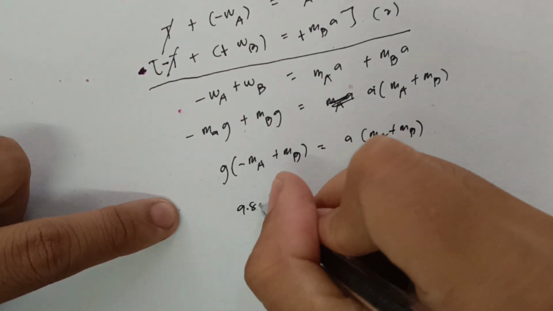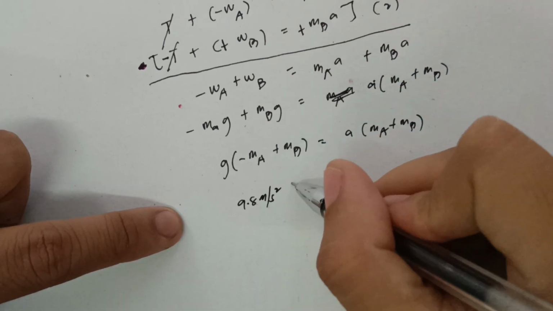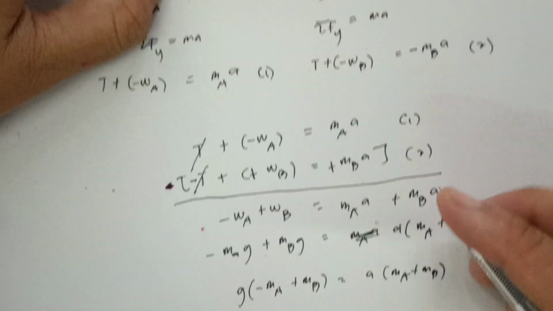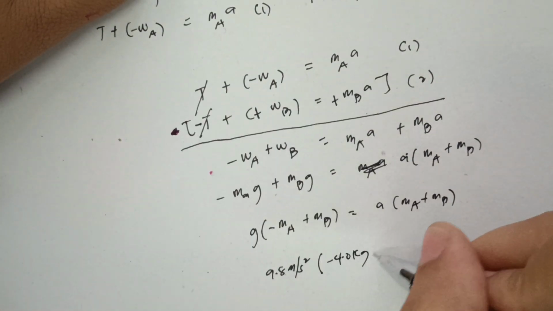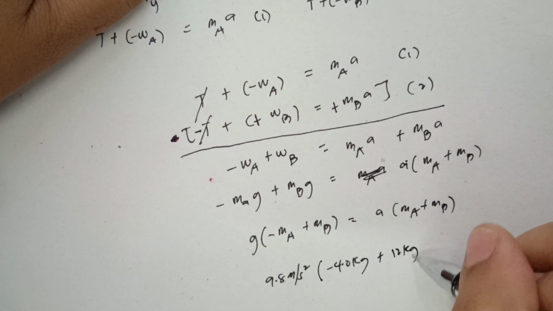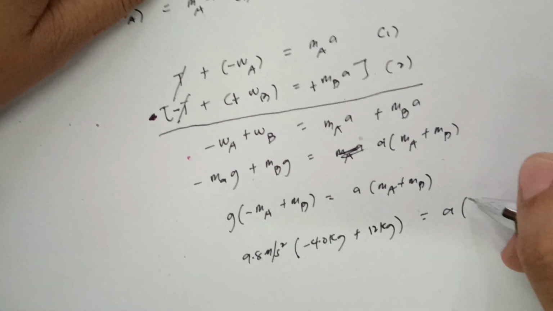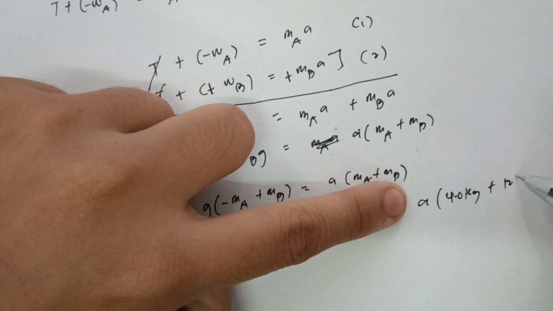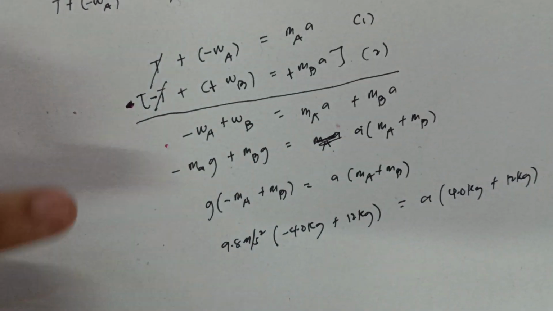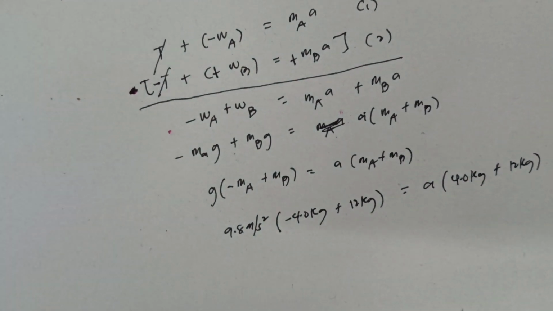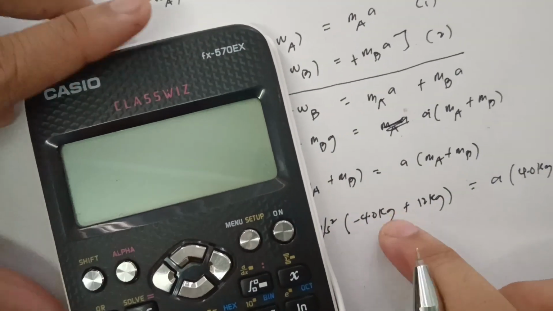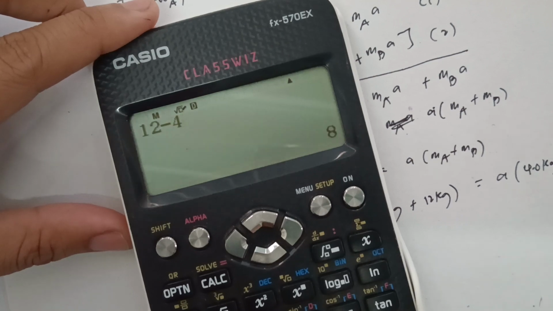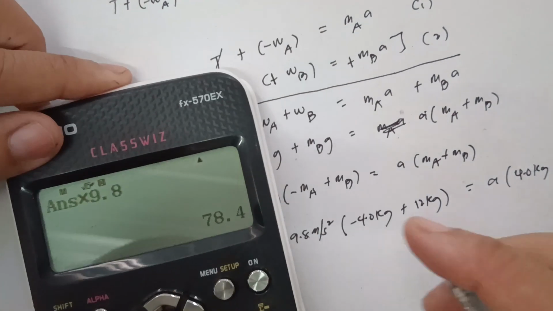This is 9.8 meters per second squared, okay, times negative M sub A. Negative M sub A is 4 kilograms. So, 4 kilograms plus M sub B is 12 kilograms is equal to A. This is M sub A is 4 kilograms plus 12 kilograms. Yeah. So, therefore, solve natin to. Ito muna. So, 12 plus 4 times 9.8. The answer is